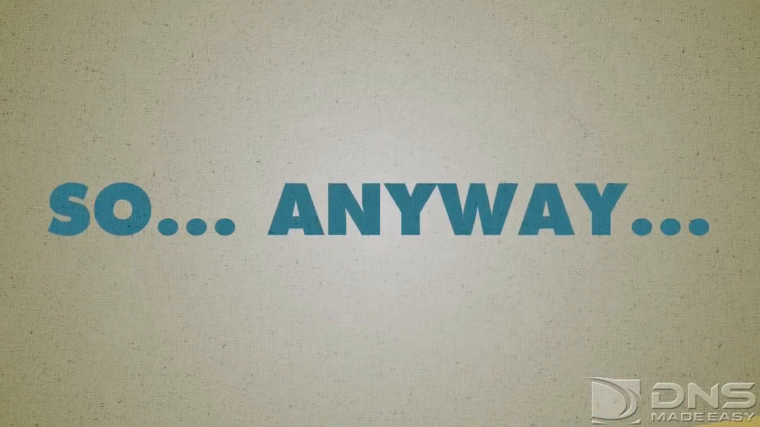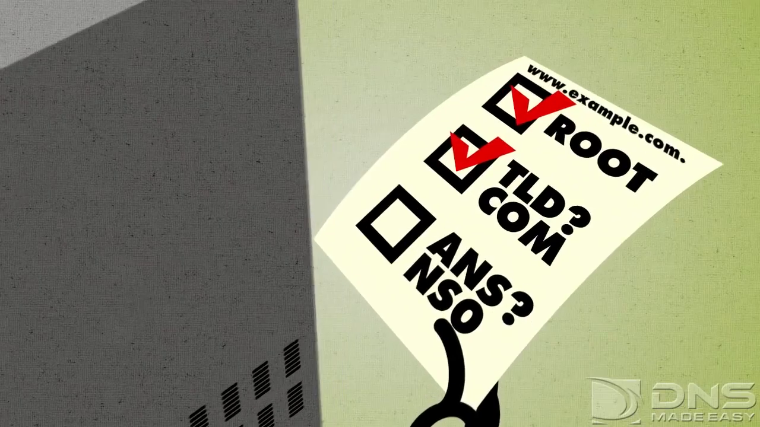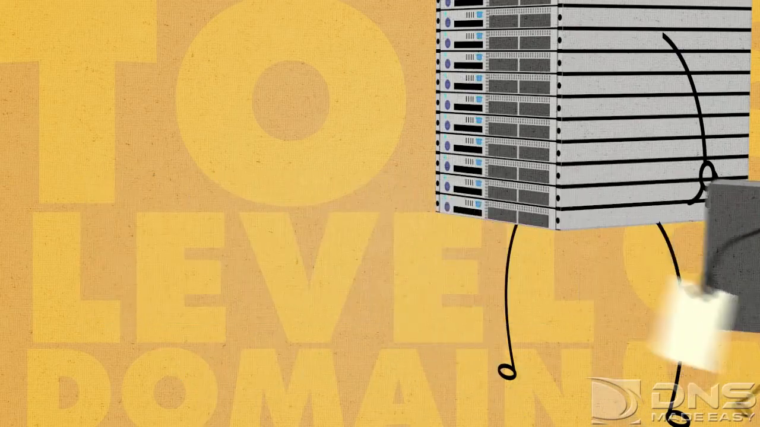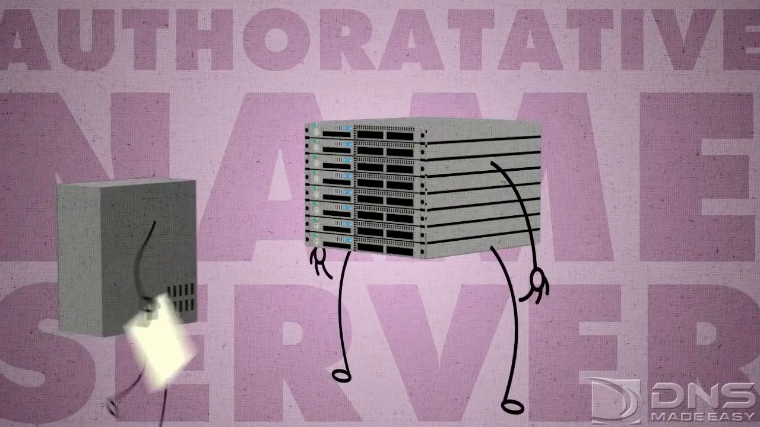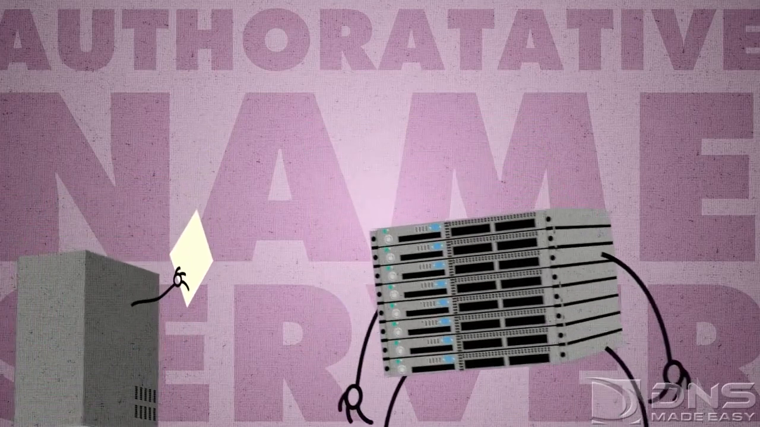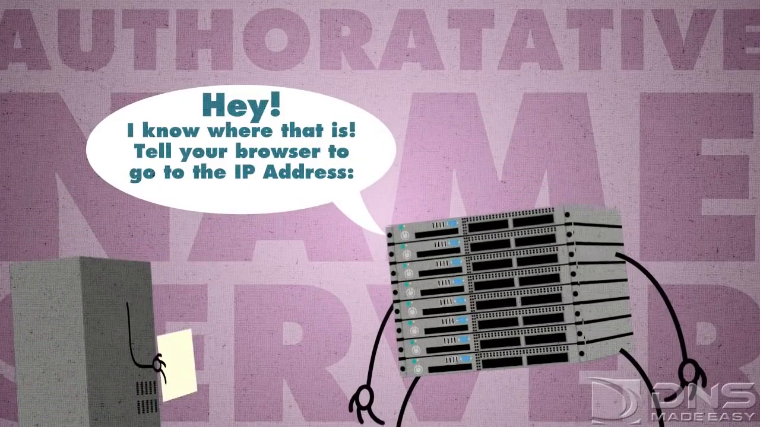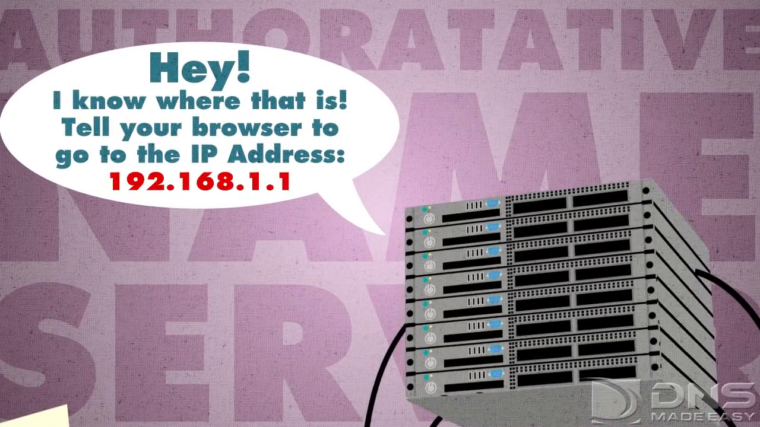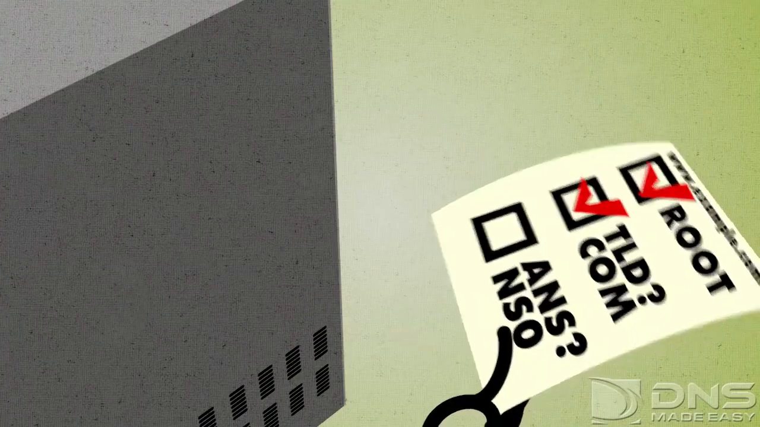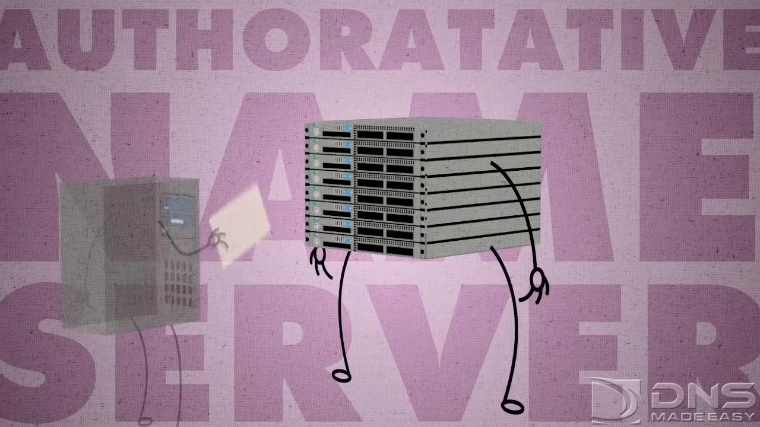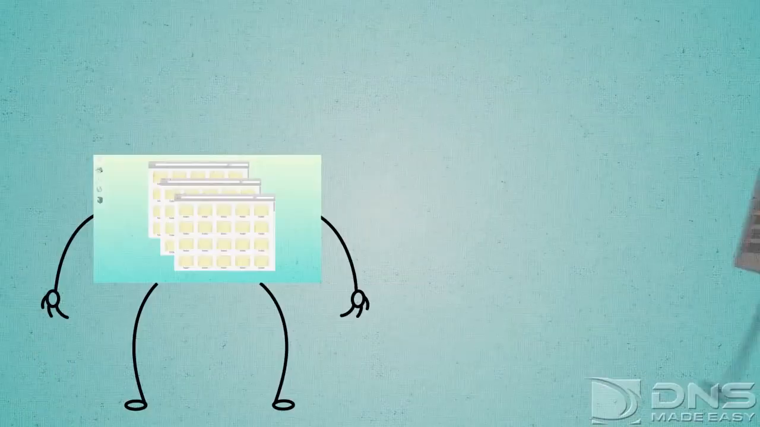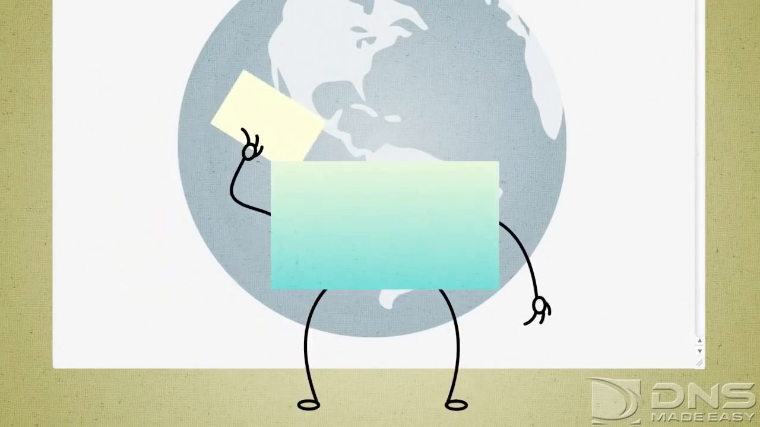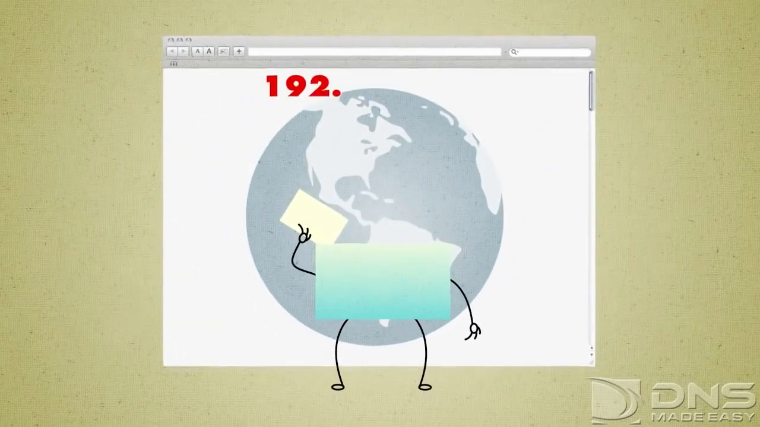So, anyway, the resolving name server takes the response from the TLD name server, stores it in cache, and then queries the example.com name servers. At this point, the authoritative name server will say, "Hey, I know where that is! Tell your browser to go to the IP address 192.168.1.1." The resolving name server takes this information from the authoritative name server, puts it in cache, and gives a reply to the operating system. The operating system then gives this to the browser, and the browser then makes a connection to the IP address requesting the web page for